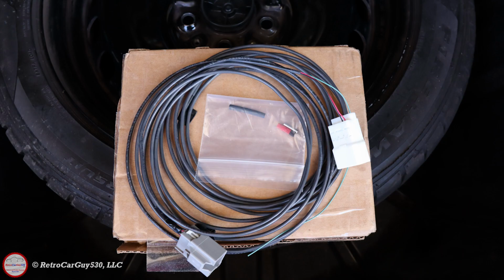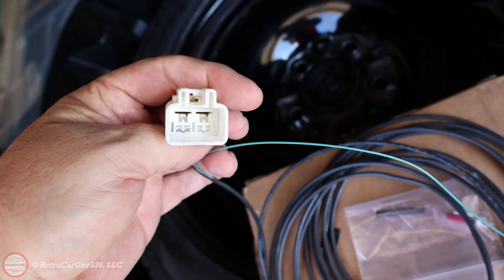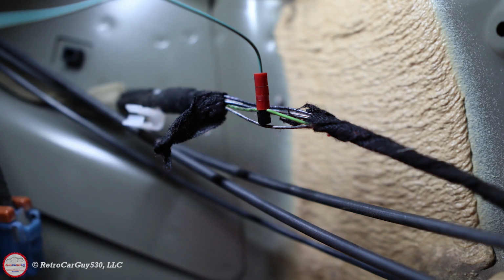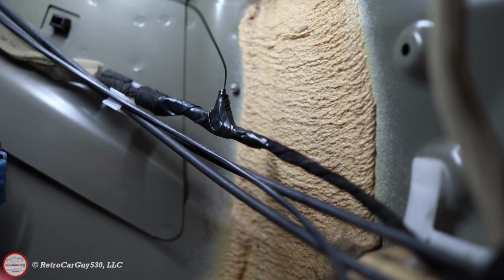And then I obtained a wiring harness from Steve Walker on newcaprice.com. That's where I found him, and he generated a version of his backup camera wiring harness that connected into the auxiliary battery wiring harness connectors that are left over when I removed the auxiliary battery equipment from my vehicle. Now this is tapping into the reverse light on the vehicle,